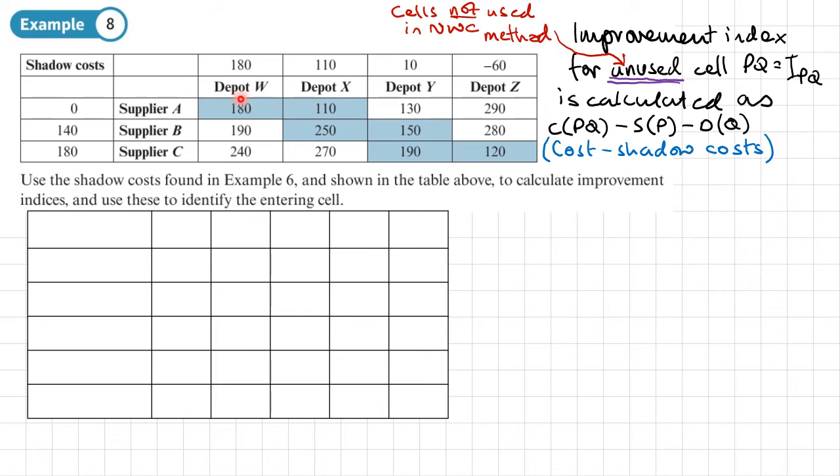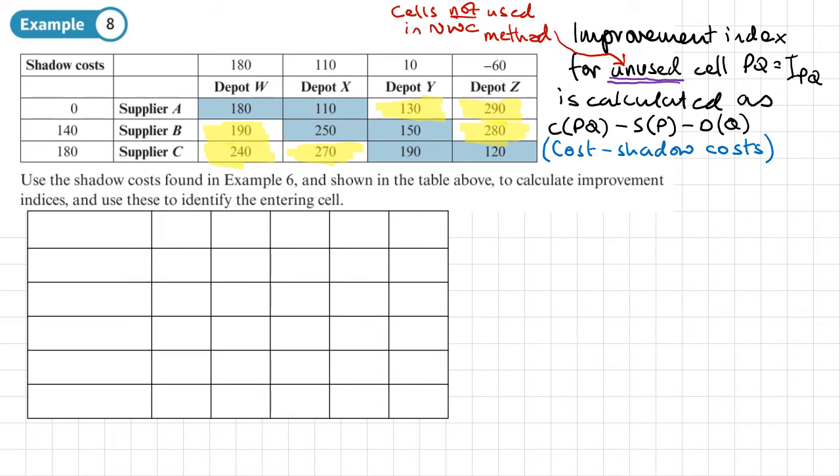Well, we used some cells here in the northwest corner method. These are used cells, okay? We're only interested in the cells that haven't been used, so the ones that haven't been shaded in. So I'll highlight those in yellow. So we're going to do a calculation on these cells, and that calculation will give us something called the improvement